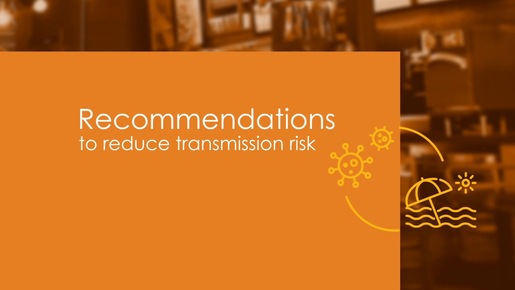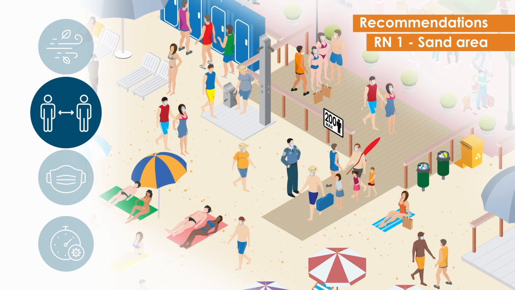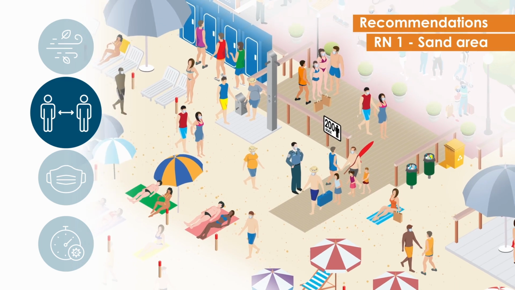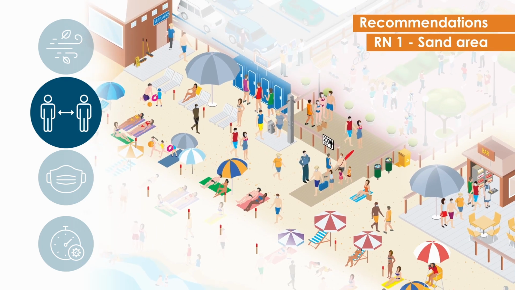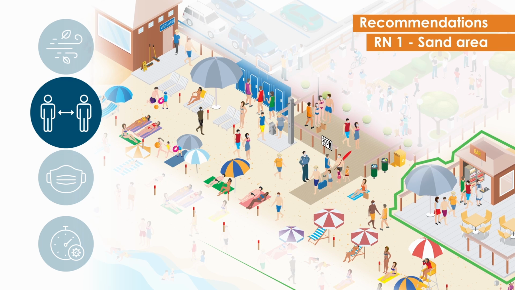Recommendations to reduce transmission risk. Define the maximum capacity of the beach. Communicate and control it at the entry points. To do this, consider the dry surface of the beach and the type of users who arrive: large groups, families, couples, etc. Consider their mobility needs through different spaces on the beach, such as food and drink establishments, the shore,